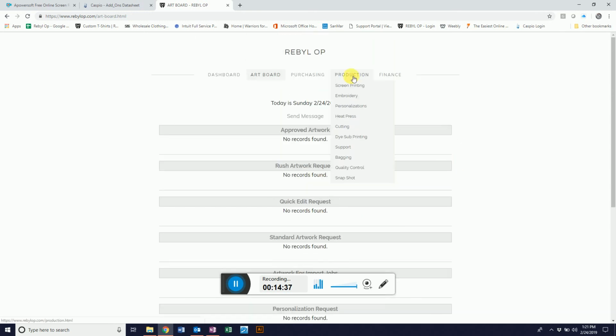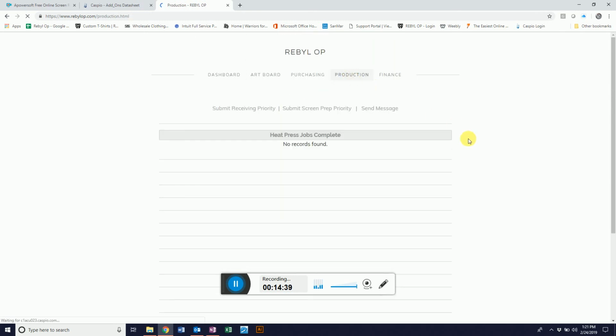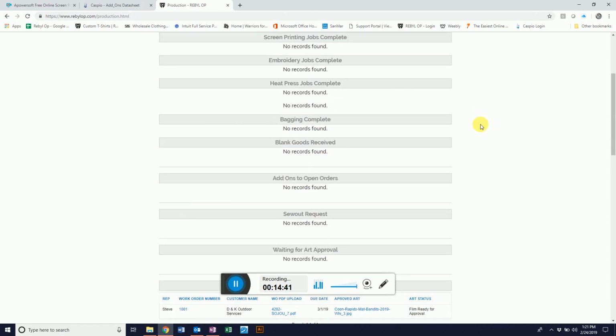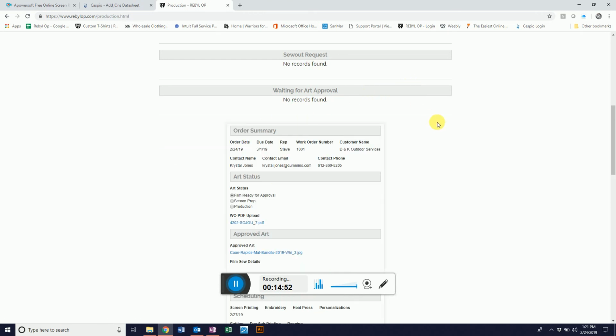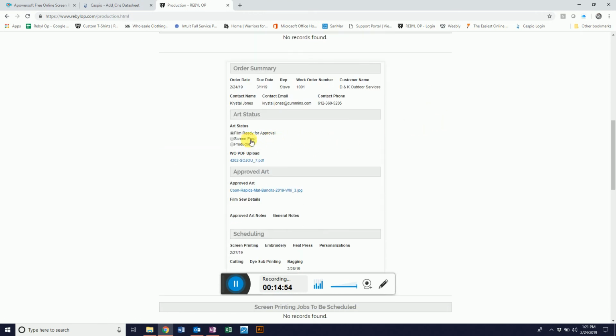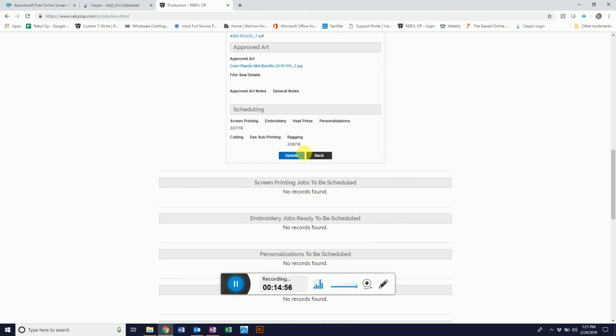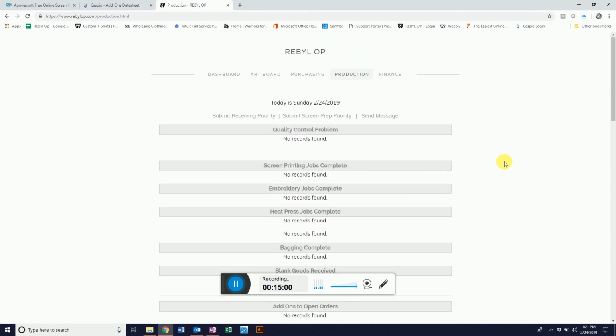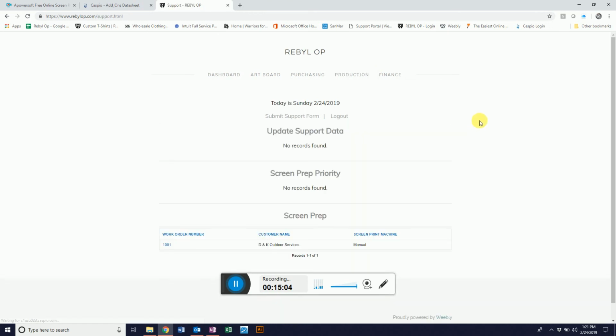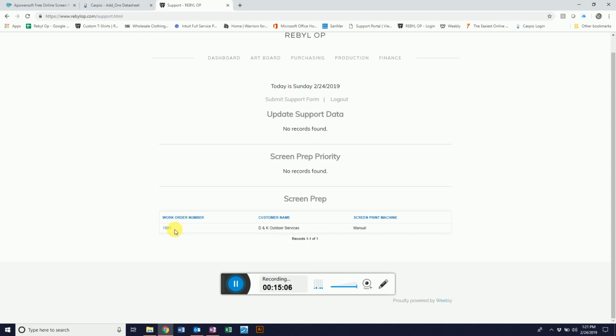And then over on the production manager board, it'll appear on here and she'll see that the film is ready for approval. And she takes a look at the approved artwork. And she takes a look at the film, makes sure it's ready. And then she says, okay, everything looks good. It's got to go to screen prep. Okay, screen prep, which is support, goes here,